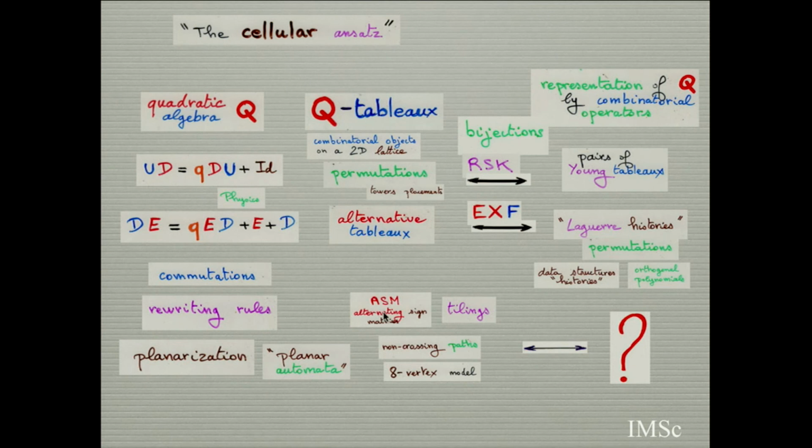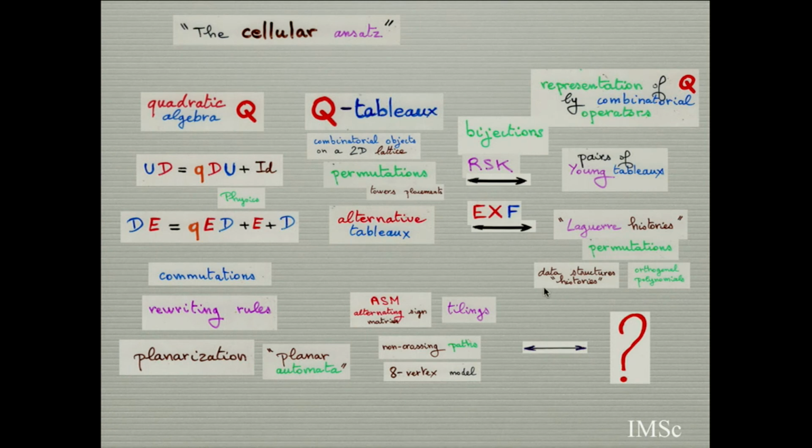All this tiling, alternating sign matrices and non-crossing paths, is a special case of tableaux associated to what I call the 8-vertex algebra. It's related to the 8-vertex model. So there are again 4 generators, 4 equations. Everything here is embedded in this 8-vertex algebra. And then the second step of the class, I don't know. I have something very ugly between alternating sign matrices and a pair PQ. I don't know what P and Q are, and this is very complicated. I did not succeed in getting an extension of RSK to alternating sign matrices using this philosophy of putting everybody under the same roof.